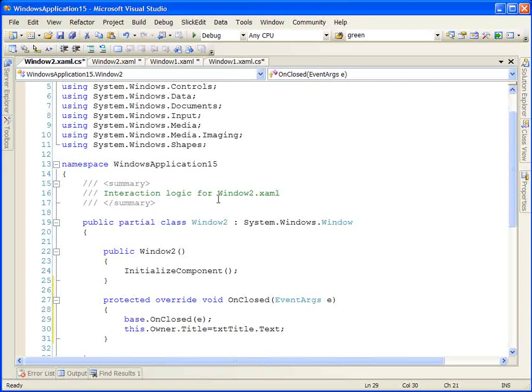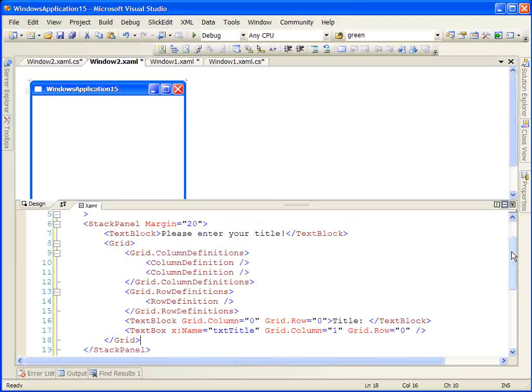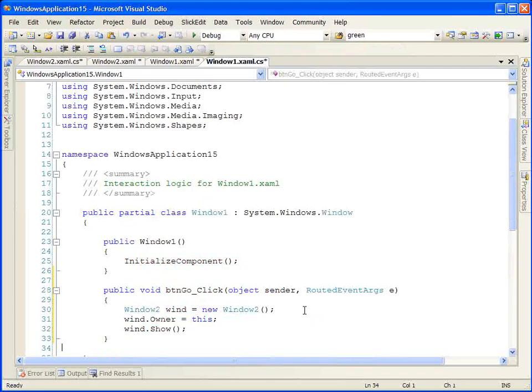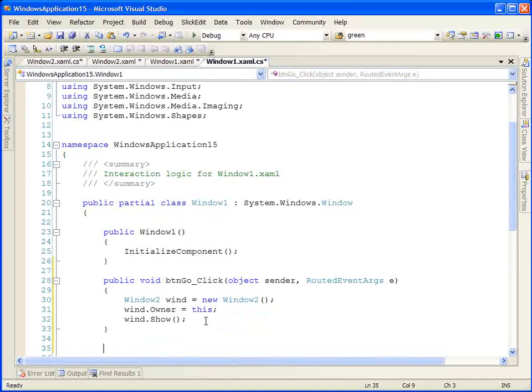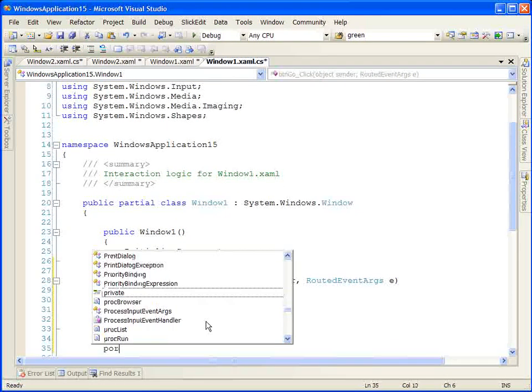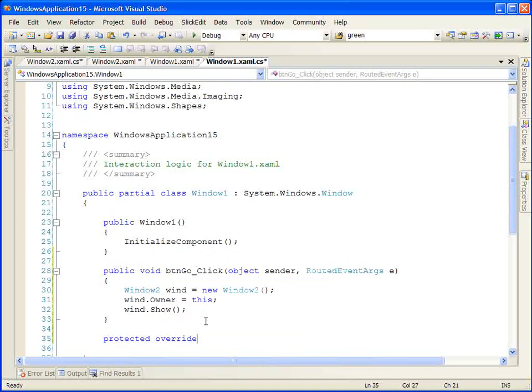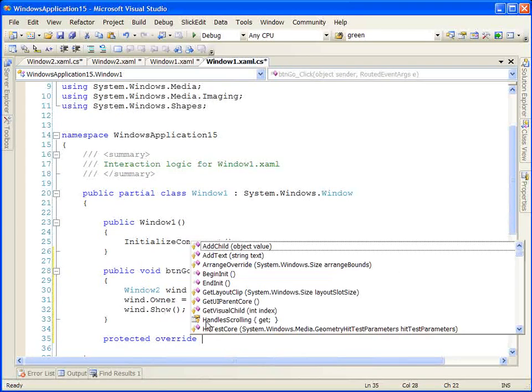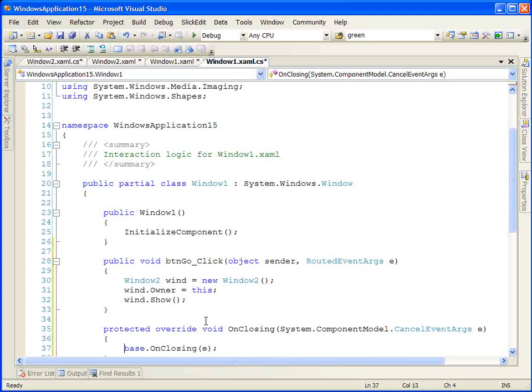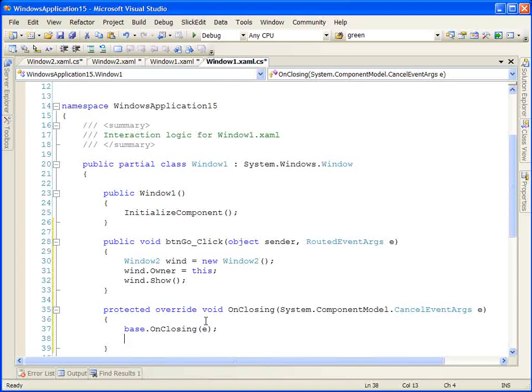Now, I think we're done with our second window. Let's go back to our first window. And we're going to respond to an additional event in our second window. We're going to respond to the OnClosing event so that I can demonstrate how to cancel a close action on a window. The first thing we want to do is prompt the user to see if they really want to